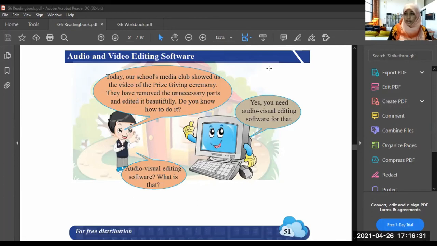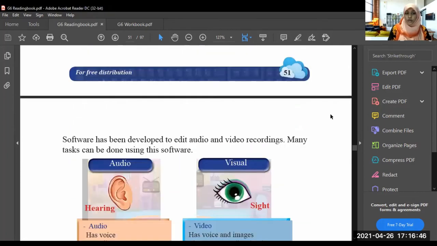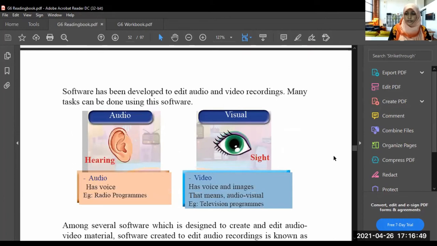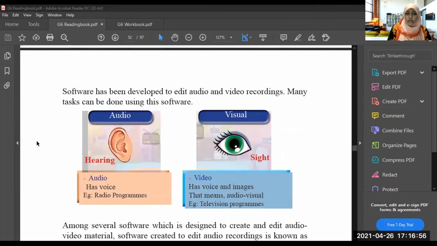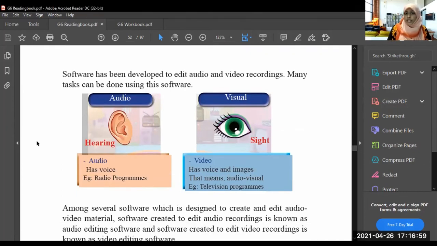So there are softwares to edit videos. Audio visual editing software, what is that? Now let's learn what an audio or audio visual editing software is.